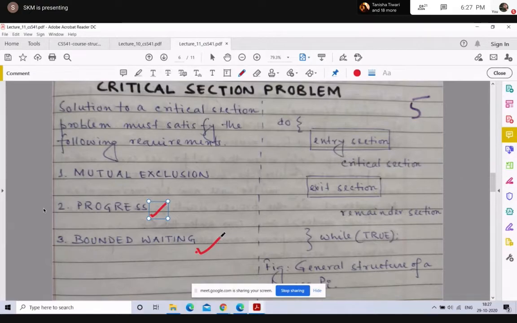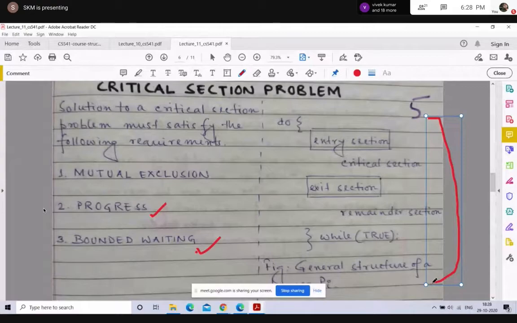And then here on this side, we have a general structure. Because this is more or less generally true, if we have a critical section in a code, the entire code can be broken into a number of sections.